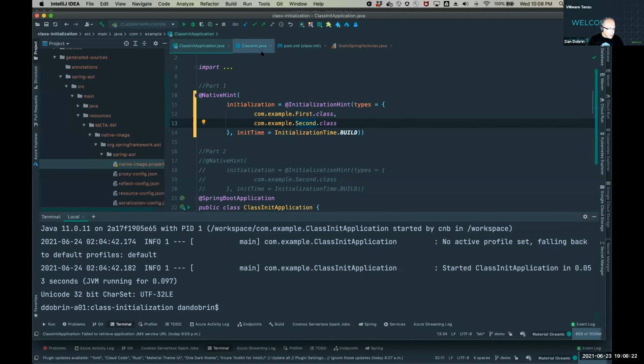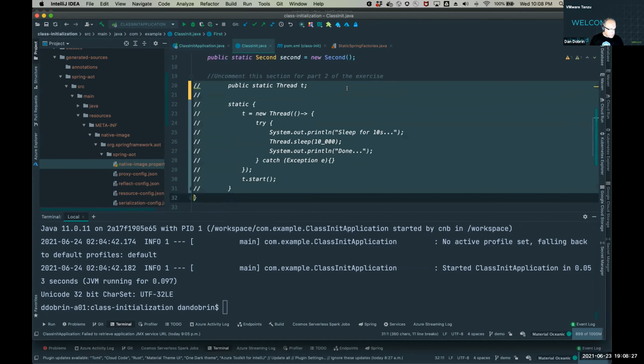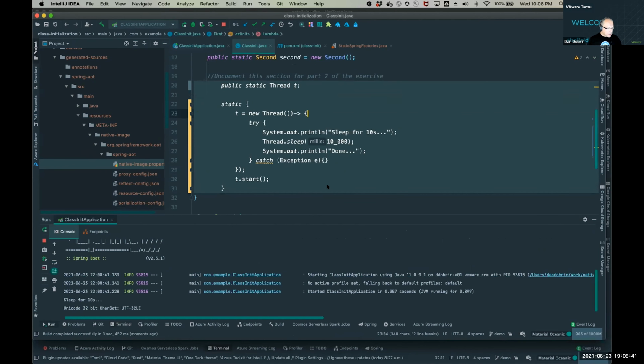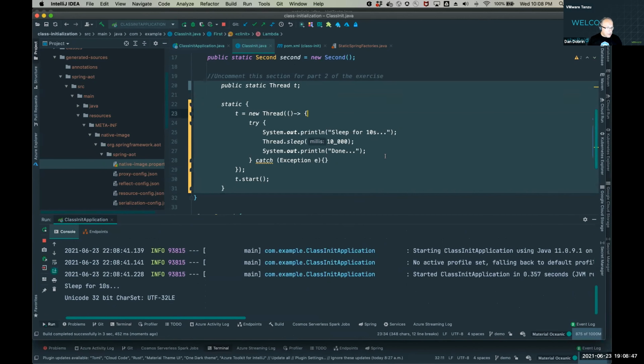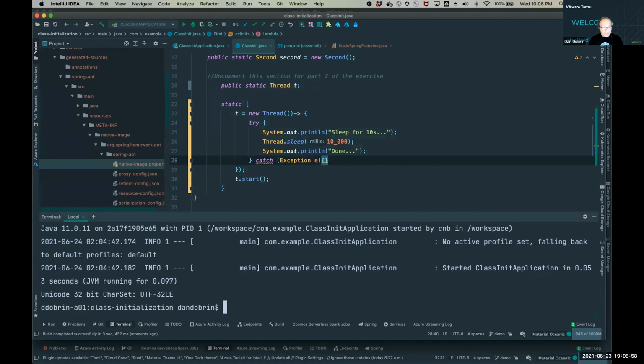If I'm changing the application for a bit, and I'm going to uncomment this part. This will start the thread. That's fine. Let's move this zoom. And we're going to run our application. What are we going to see? Well, the same charset loader, but we're going to see this thread sleeping for 10 seconds and then say, well, I am done. So this is actually fine. But when we will move now and build a native image,